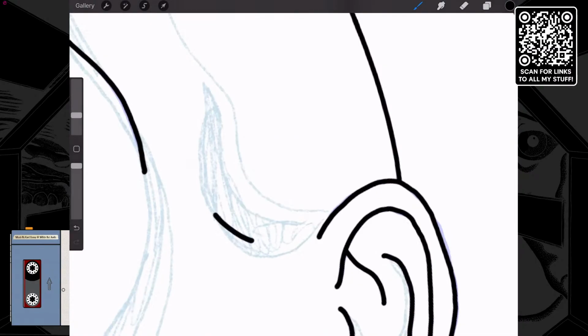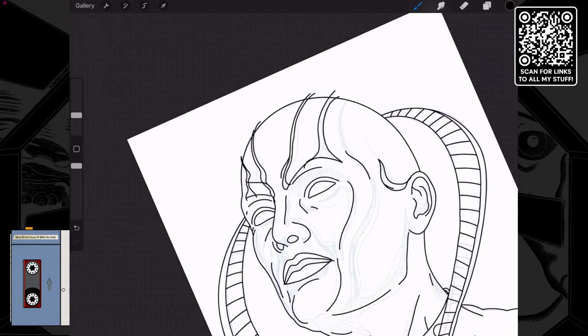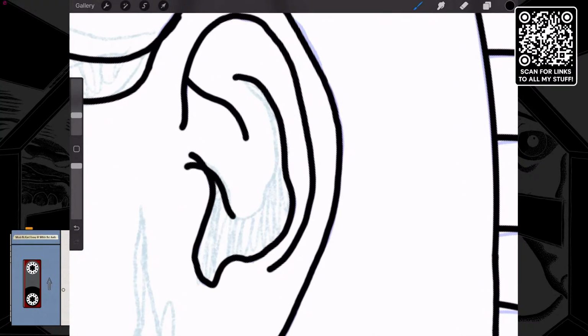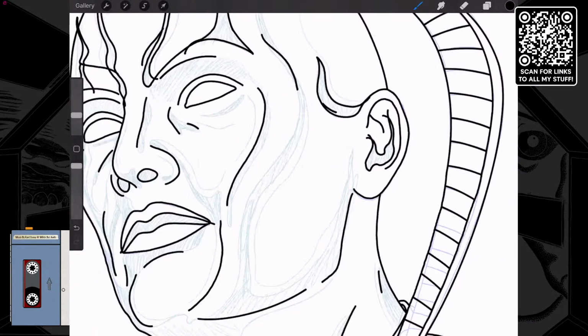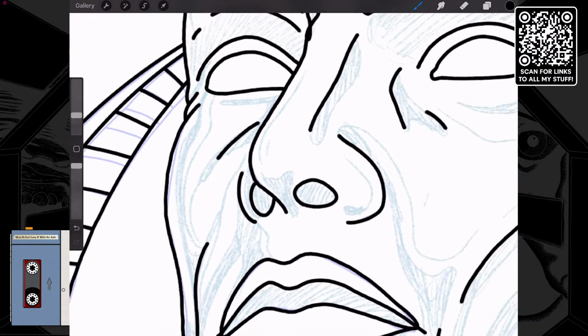Okay. Let's see. That's going to envelop that whole thing. I don't even think I'm going to have that line anymore. Let's see here. And I have to be careful not to go over any of my lines. So at some point, I'm going to need another layer to make sure I don't overlap anything that's going to have to get erased, because obviously I'm going to have to clean this up a little bit at some point.